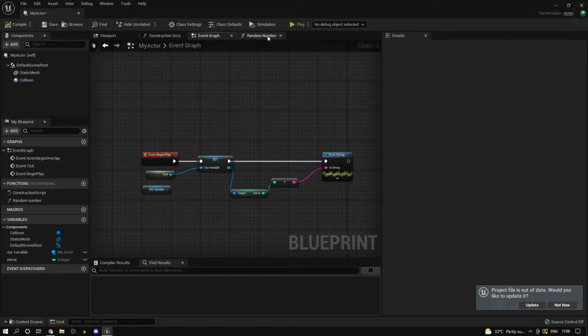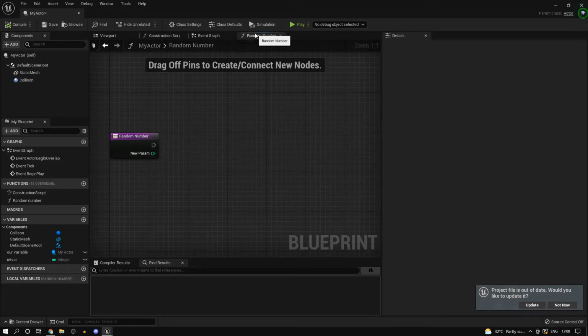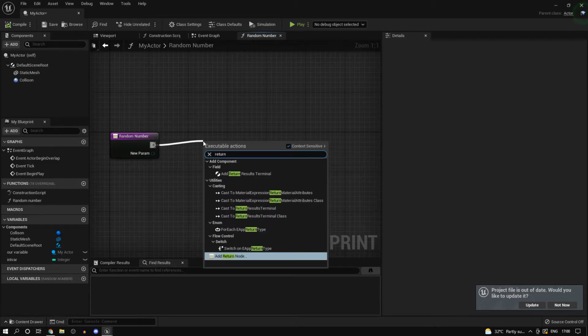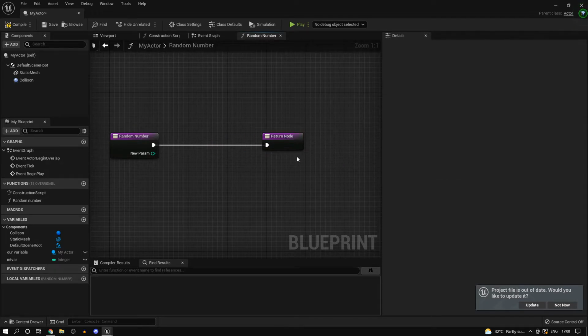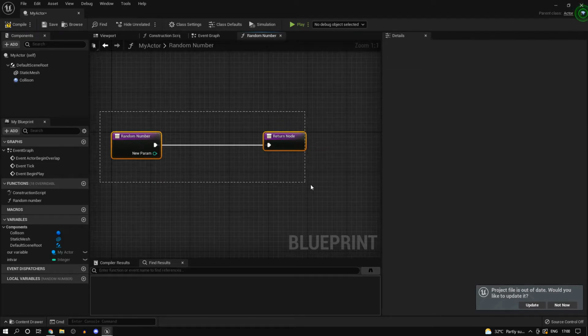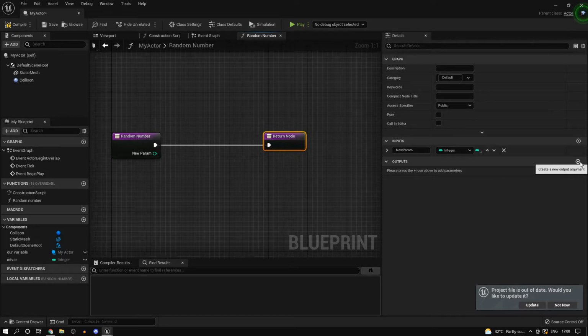And now talking about macros, the reason you would want to use macros is to perform latent actions basically, and if you want multiple execution pins. So this right here is an execution pin which helps you control the flow in your blueprint graph. And if you type in your return node, so this is basically your return in C++. Currently this function will be equal to having a void in the function return type. However, you can pass in out parameters as well as have return values.